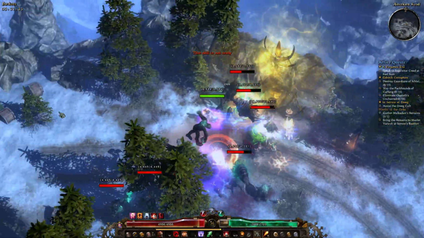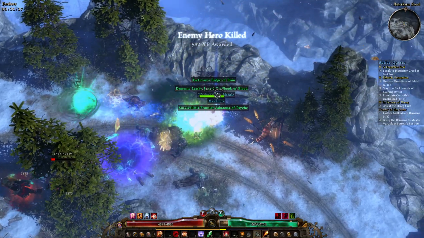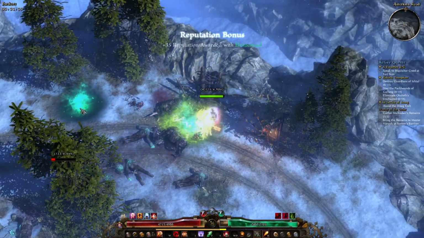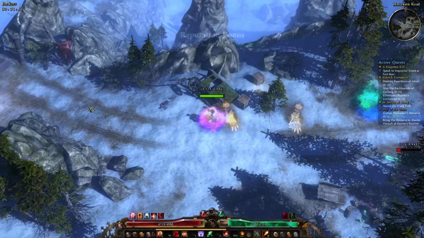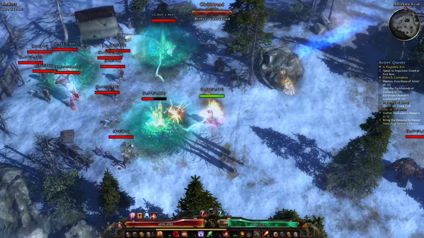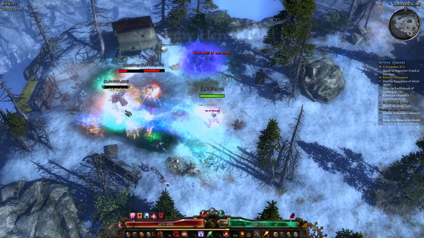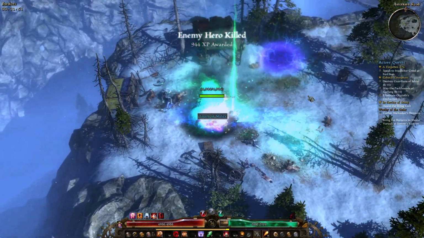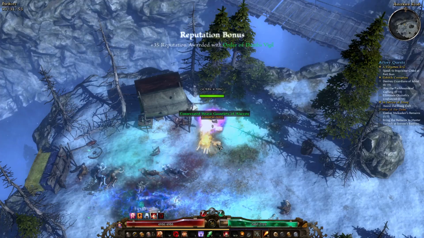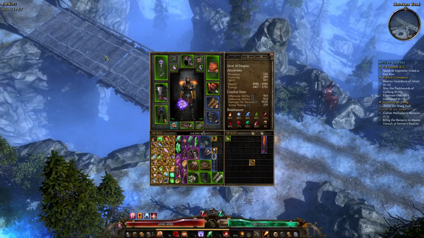Another Forsaken Totem. This is not so scary like the ancient ones, as you can see. I eliminate them pretty quickly. There is a guaranteed hero with multiple spawn locations, and this guy sometimes drops interesting stuff. Not this time, but